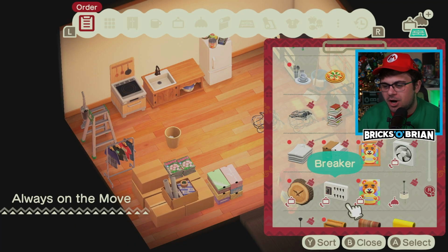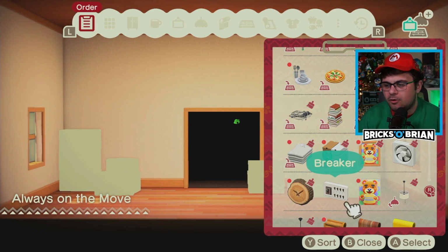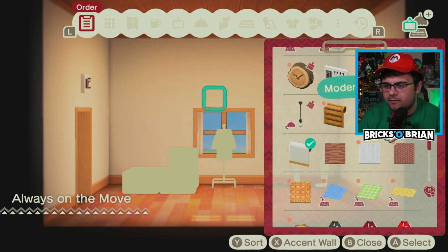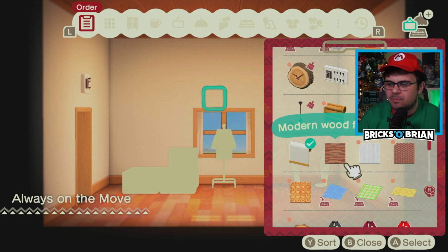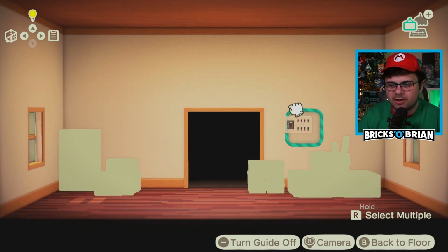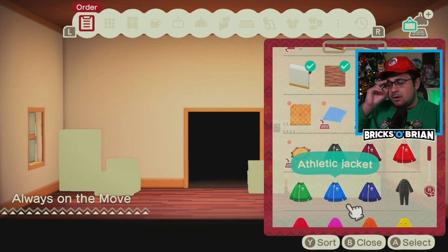Got some pastel shoe boxes over here, nice. Got to make sure the breaker is here, of course. But nothing's going to be on the walls. This is a current move, you know? The walls, I feel like the walls should be simple, but the flooring, you can spice up the flooring a little bit, you know what I mean? But everything's definitely going to be off the walls. This is going to be a relatively quick one. I mean, I say that now, but...